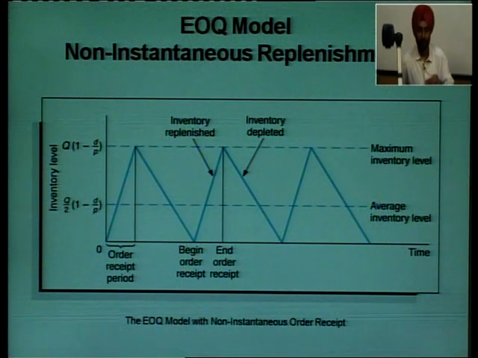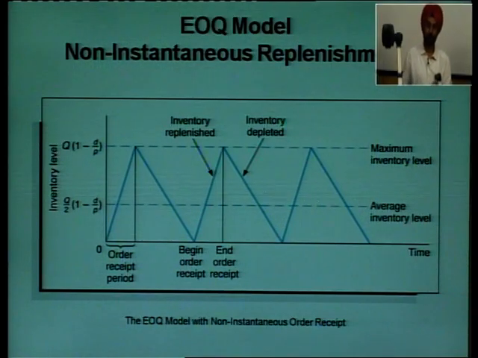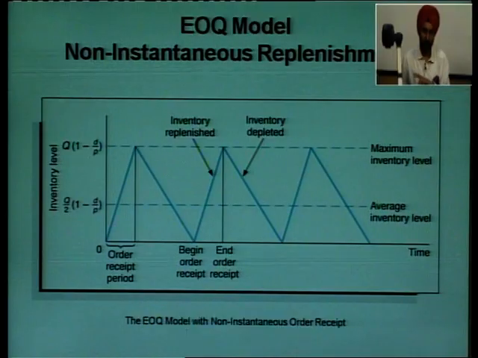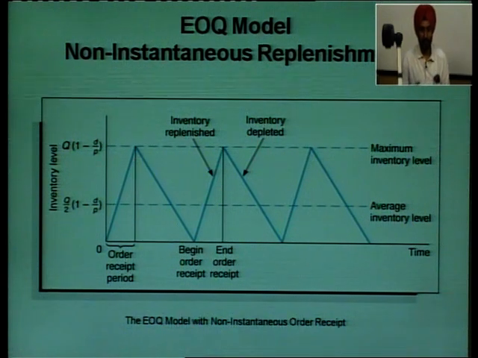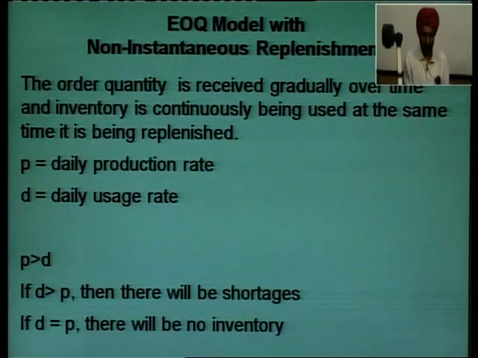ਓਕੇ, ਉਹ 5 ਦਿਨ ਦੇ ਵਿੱਚ ਜਿਸ ਤਰ੍ਹਾਂ ਇਨਵੈਂਟਰੀ ਸਾਡੇ ਕੋਲ ਆਈ ਜਾ ਰਹੀ ਹੈ, ਤਾਂ ਉਹਨਾਂ 5 ਦਿਨਾਂ ਦੇ ਵਿੱਚ ਅਸੀਂ ਨਾਲ ਇਨਵੈਂਟਰੀ ਨੂੰ ਯੂਜ਼ ਵੀ ਕਰਦੇ ਜਾ ਰਹੇ ਹਾਂ। ਨਾਰਮਲੀ ਇਹ ਸਿਸਟਮ ਕਿੱਥੇ ਅਪਲਾਈ ਹੁੰਦਾ, ਜਿੱਥੇ ਜਿਹੜੀ ਯੂਜ਼ਰ ਆਰਗੇਨਾਈਜੇਸ਼ਨ ਹੈ ਤੇ ਜਿਹੜੀ ਪ੍ਰੋਡਿਊਸਰ ਆਰਗੇਨਾਈਜੇਸ਼ਨ ਹੈ, ਦੋਵੇਂ ਬਿਲੋਂਗ ਟੂ ਦ ਸੇਮ ਪੇਰੈਂਟ ਕੰਪਨੀ। ਫਾਰ ਇੰਸਟੈਂਸ, ਇੱਕ ਯੂਨਿਟ ਪ੍ਰੋਡਿਊਸ ਕਰੀ ਜਾ ਰਿਹਾ, ਦੂਸਰਾ ਯੂਨਿਟ ਉਹਨੂੰ ਕੰਜ਼ਿਊਮ ਕਰੀ ਜਾ ਰਿਹਾ। ਓਕੇ, ਸੋ ਇਸ ਤਰੀਕੇ ਦੇ ਨਾਲ ਡੇਲੀ ਸਪਲਾਈ ਹੋ ਰਹੀ ਹੈ ਮਟੀਰੀਅਲ ਦੀ ਤੇ ਨਾਲ ਡੇਲੀ ਕੰਜ਼ੰਪਸ਼ਨ ਹੋ ਰਹੀ ਹੈ।